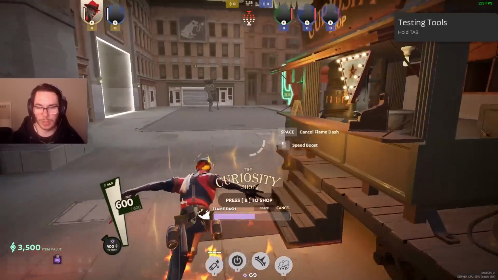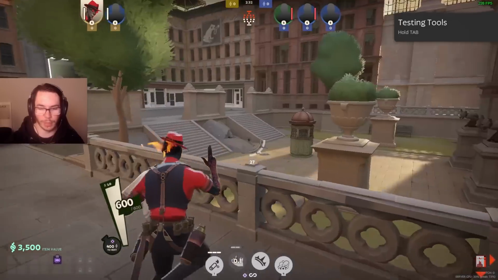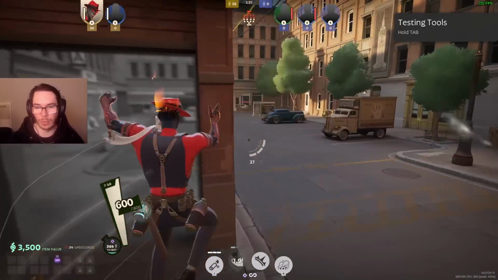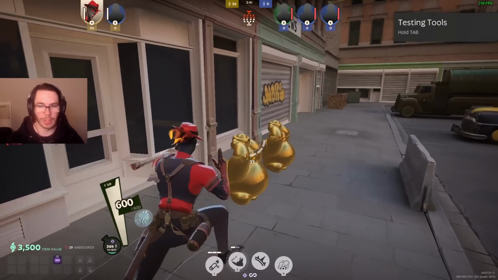I just flame dash, and you can see I'm going to do the full duration flame dash, and then there's a 3-second cooldown before I can flame dash again. So the cooldown between charges is actually 15 seconds. However, if you have rapid recharge, you get 60% faster time between charges, which works out to about 7